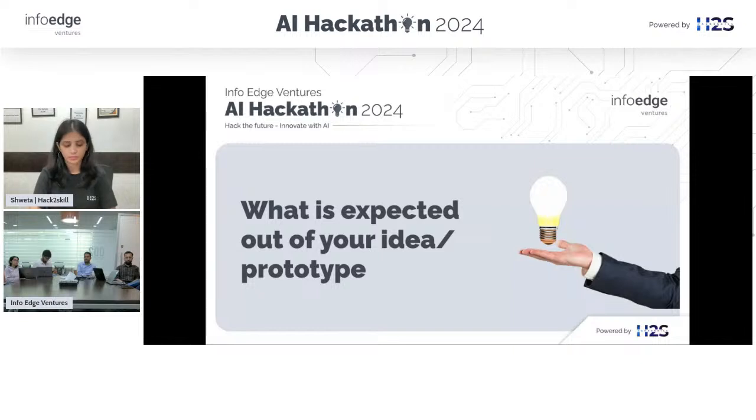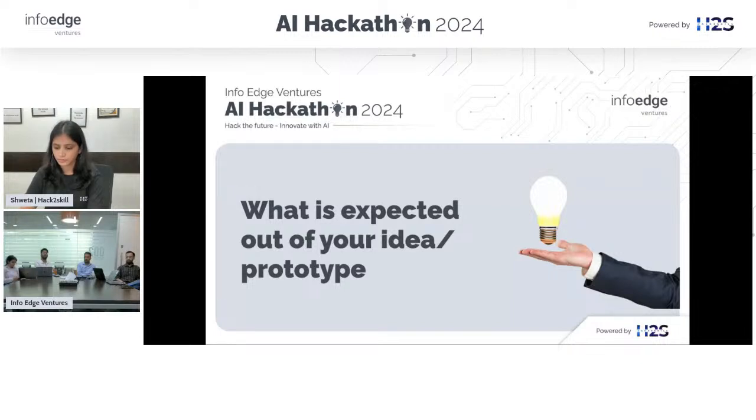Now, at an early stage, what are some of those things that we try to look at? I think the first and foremost is, is there a real problem that you are solving? Eventually, the technologies available today and the technologies available 10 or 20 years ago are very different. But to build a business out of it, the first and foremost requirement is whether there's a real need that you're solving. So that is something that we'll certainly look for.